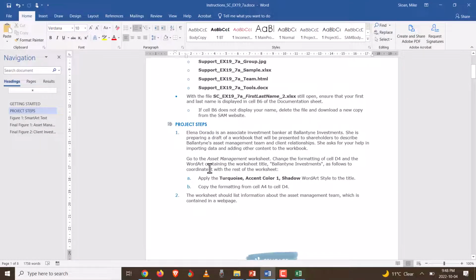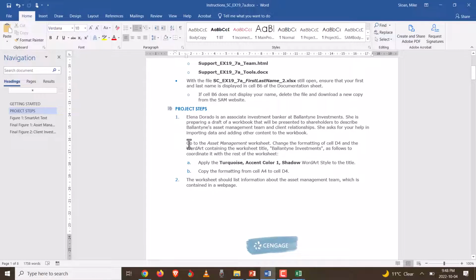Just going to jump back here for 1 sec. I did notice that this case is, as we move forward in the cases and get deeper into the different textbooks we take the cases from, this one does expect a little more of you. It's giving you sort of a summarized explanation of what you're going to do and then breaking it into some different steps. So if we jump back to the spreadsheet,